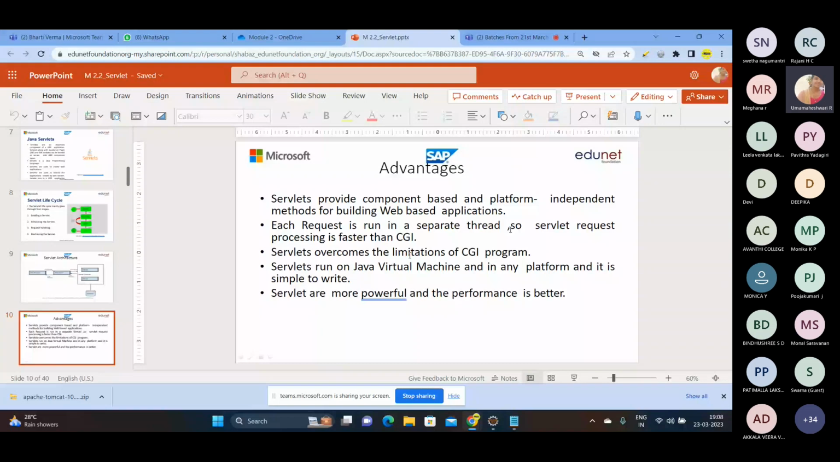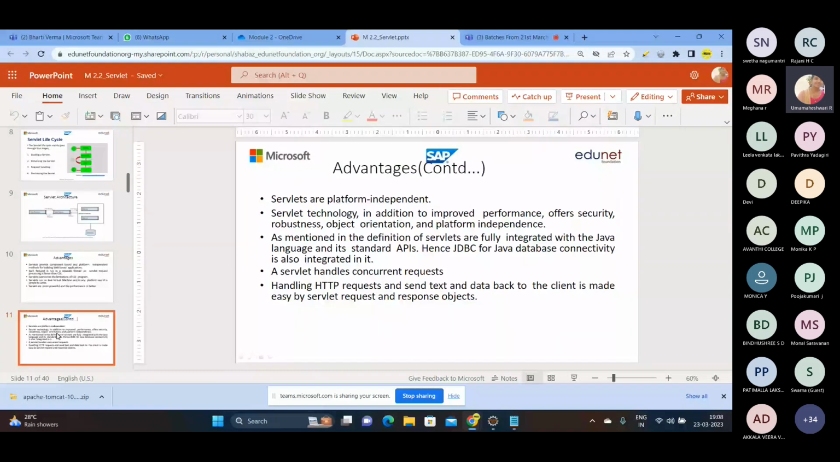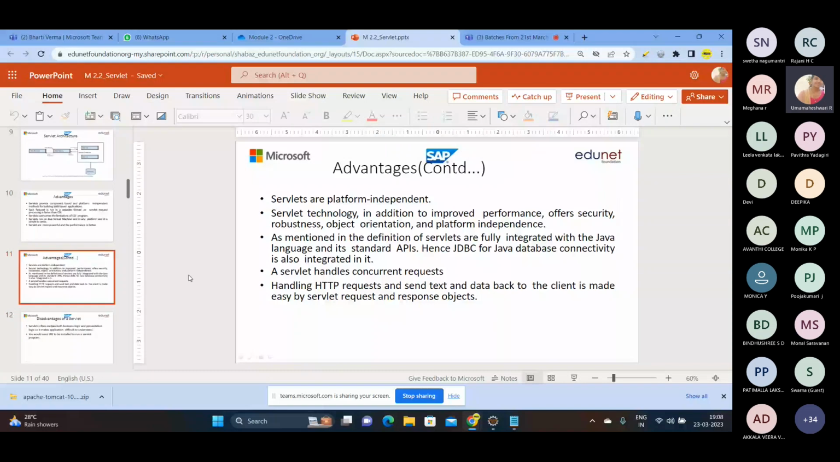Okay. So first we'll confirm: servlets overcome the limitations of CGI programs, and they run on the JVM, Java Virtual Machine. Yesterday we discussed this, right? What is the main purpose we are doing, and this is more powerful. And there are some other advantages they have mentioned. Again, this is platform independent. If you see this, in addition to improved performance,